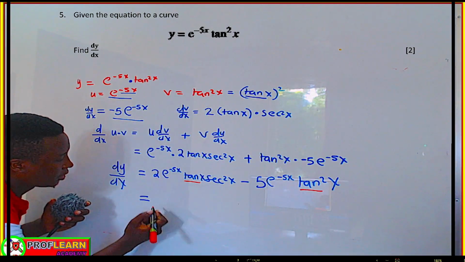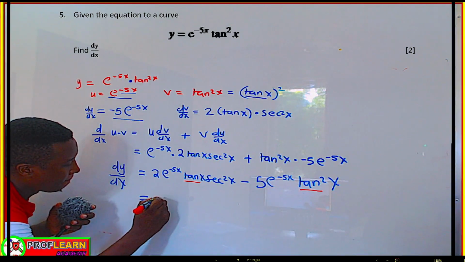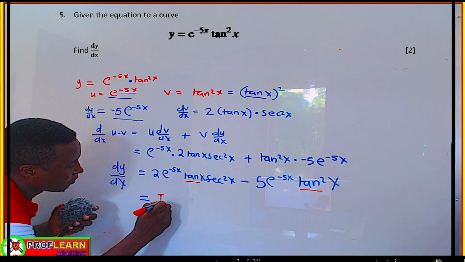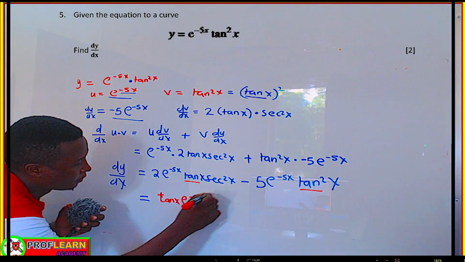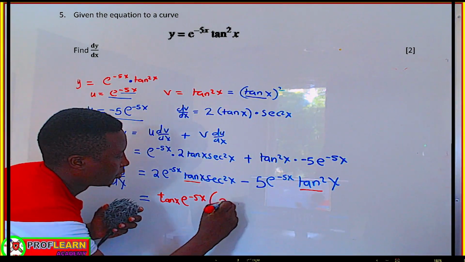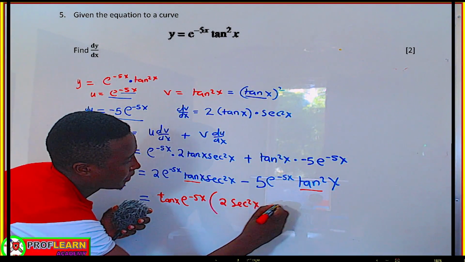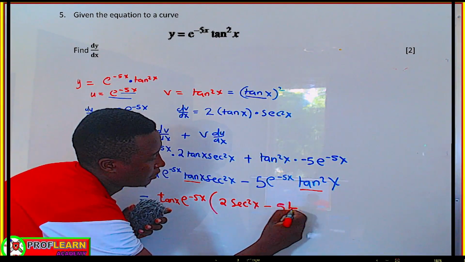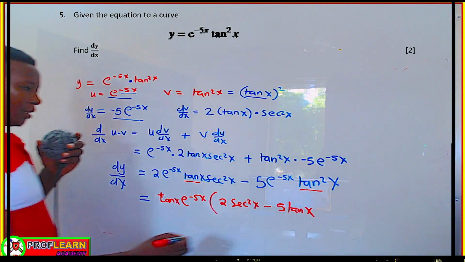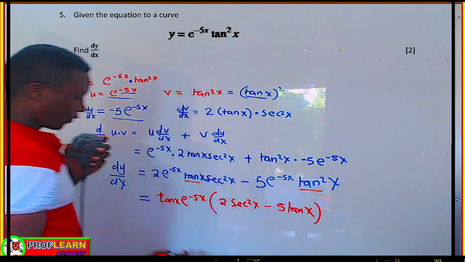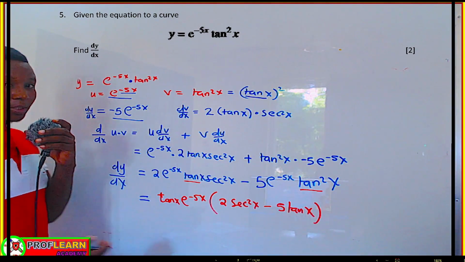We can say this can be written as tan x e to negative 5x times (2 sec squared x minus 5 tan x). Of course this step is just to try to make things cleaner, but it's not really necessary